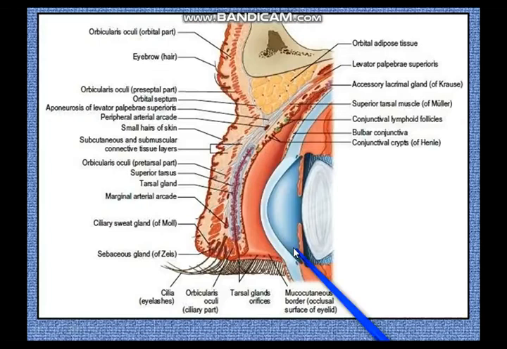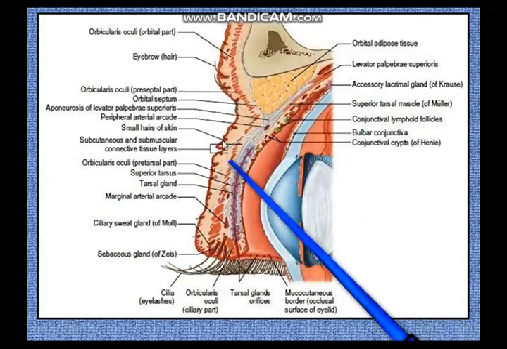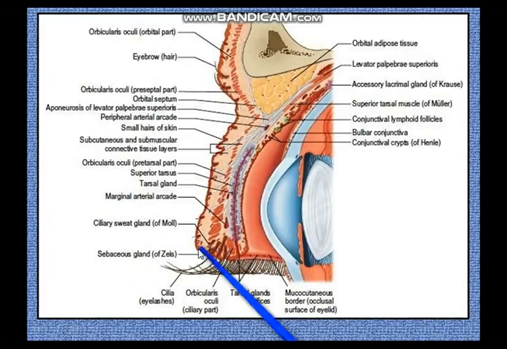Again, let us go back to the next diagram, the cross section of the upper eyelid over here. And from outside inwards, first layer is the skin over here, and when you come down the margin, from the skin you can see the attachment of the eyelashes, the hair follicles of the eyelashes, and along with the hair follicles of the eyelashes you have sweat glands and sebaceous glands. The sebaceous glands at the ends of the eyelashes are called the glands of Zeis, and the sweat glands outside them are the glands of Moll. So glands of Moll and Zeis, they are the ciliary sweat gland and the ciliary sebaceous gland.